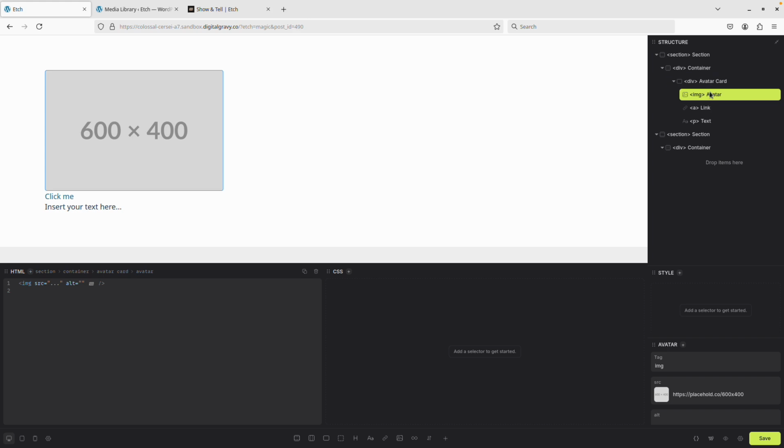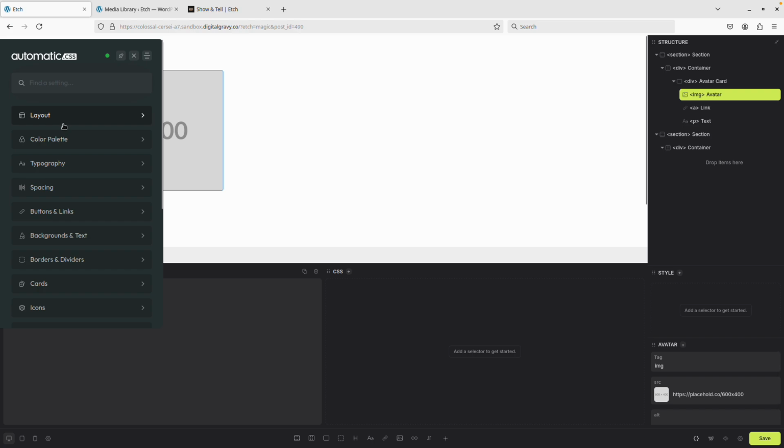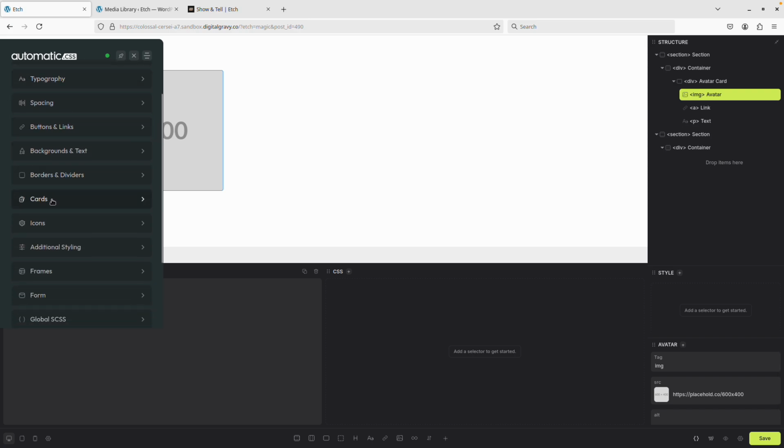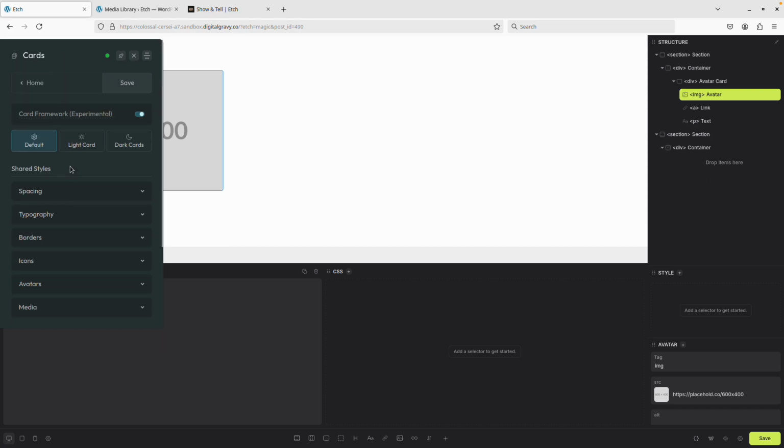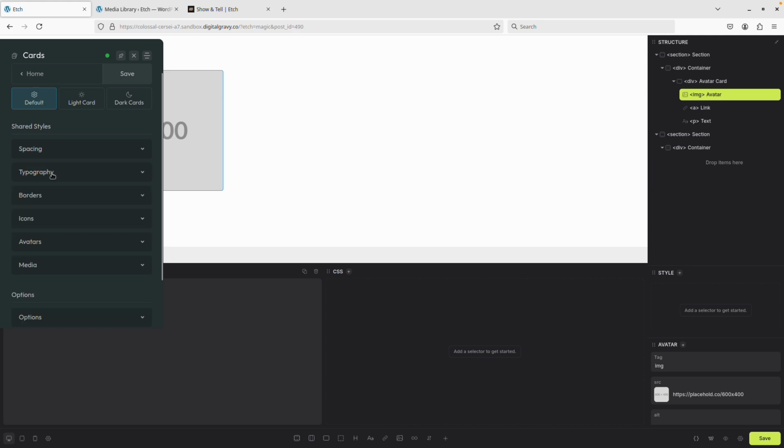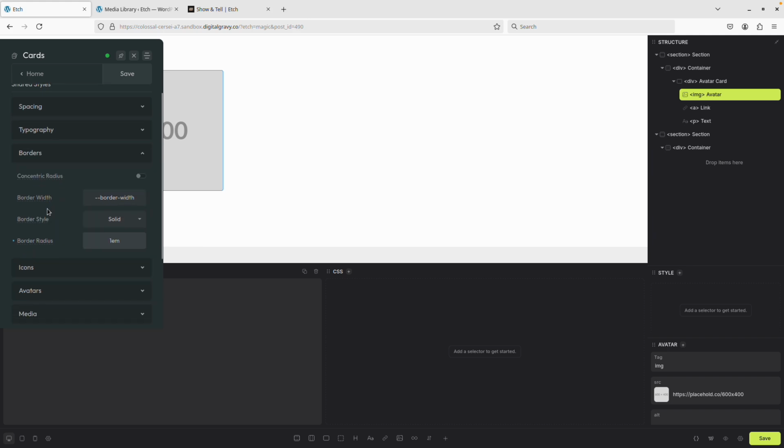And this is specifically to bring in the default card styles from AutomaticCSS. So in AutomaticCSS, you may have to turn it on, but there's a cards setting with a bunch of individual styles that we can set. So we can set the spacing, we can set the typography, borders, and things like this. So I'm actually going to set the border width to 0 because we don't want it,